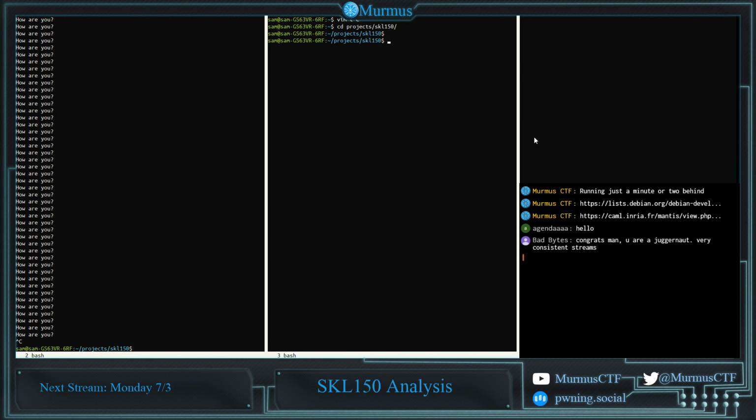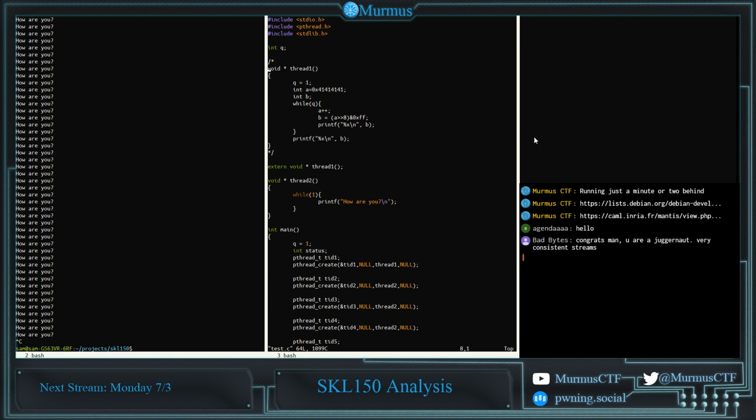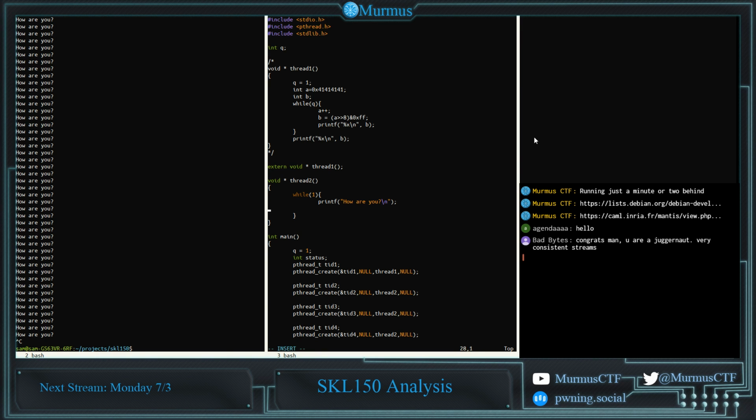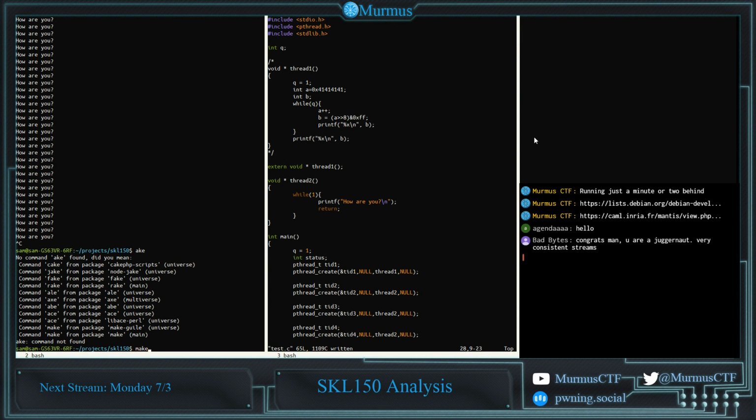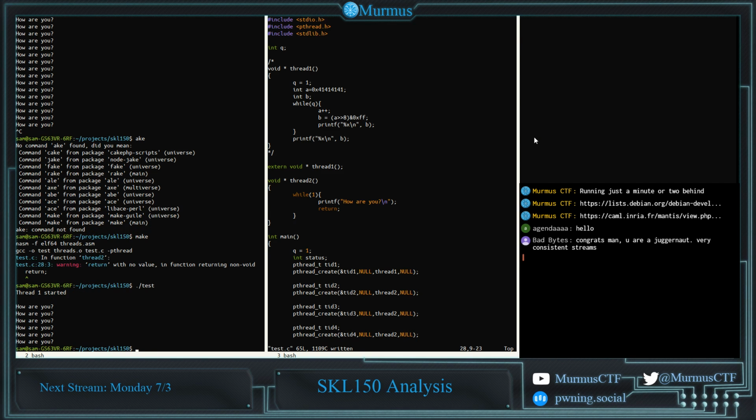Projects scale 1. There we go. Vim test.c. So if we just have this, instead of doing that, we're just going to return. Make. That's fine. Run it. It does basically what we expected it to, right? So when our assembly was set up to call thread 1,